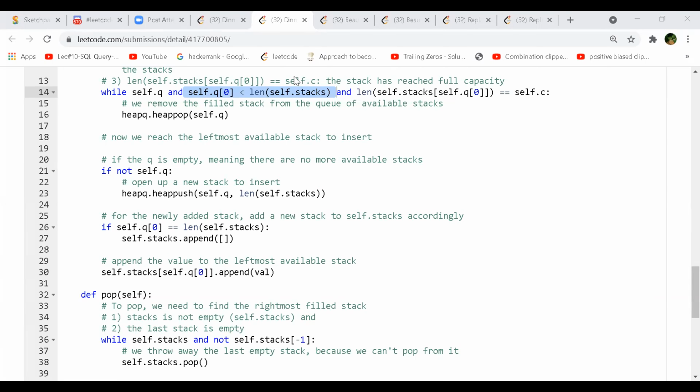So in your heap, it is pushing the stack as well as the length. Come again? In the heap, we are pushing the whole stack and the length of the stack.